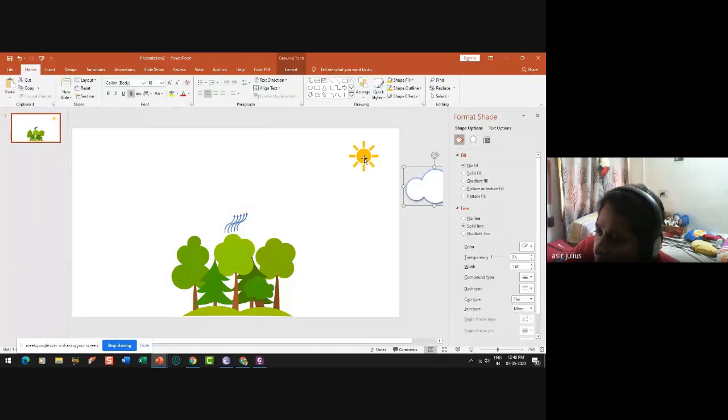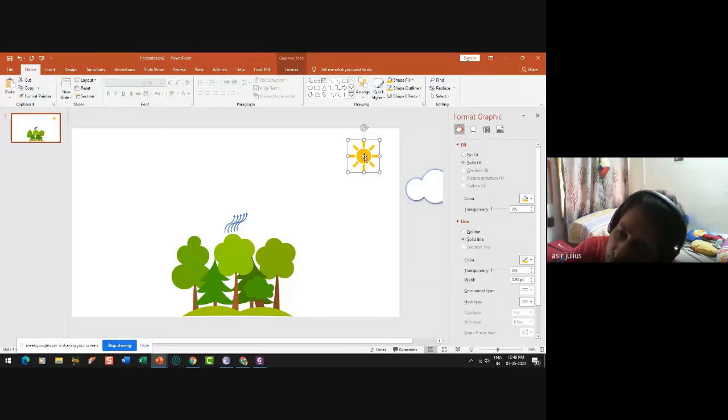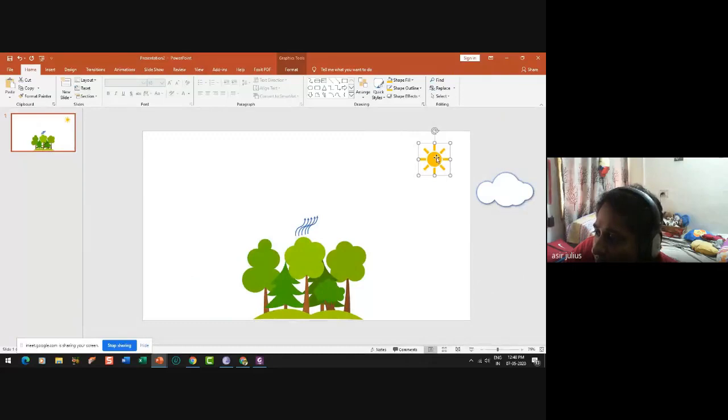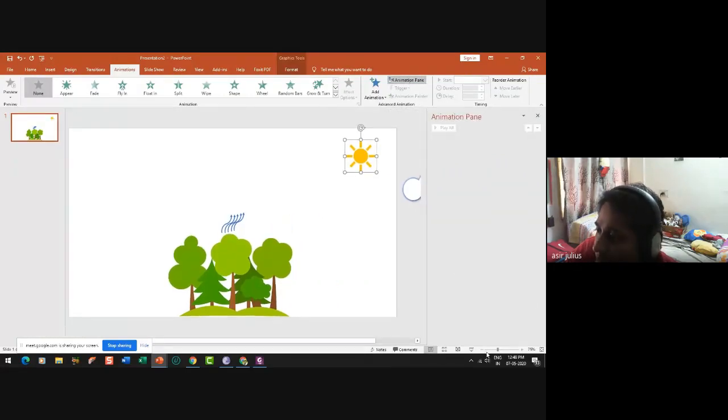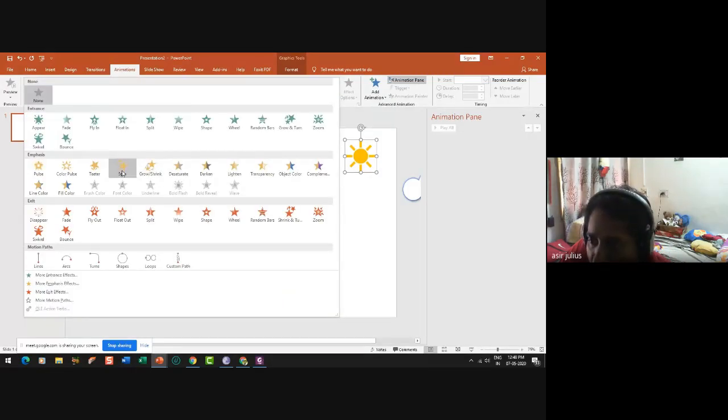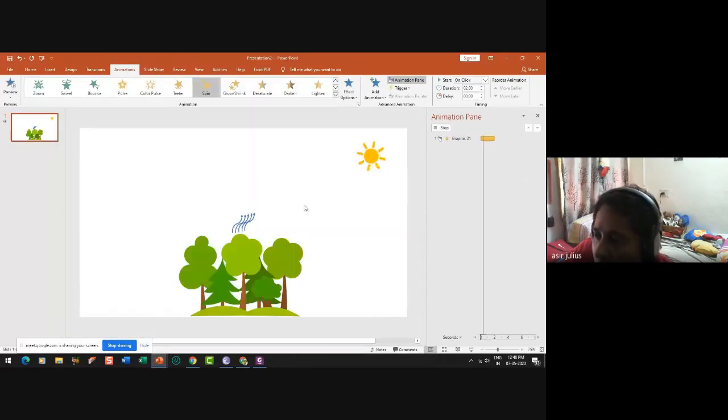First thing to animate is this sun. I have just clicked it and I don't want this particular pane to be here because I am done with it. I'm just going to close this. Once after selecting this, I'm just clicking animation. And if I press this animation pane, this area will come. And once selected, I'm going to add emphasis. Again, same, where is that spin? Okay. But the speed is somewhat different.